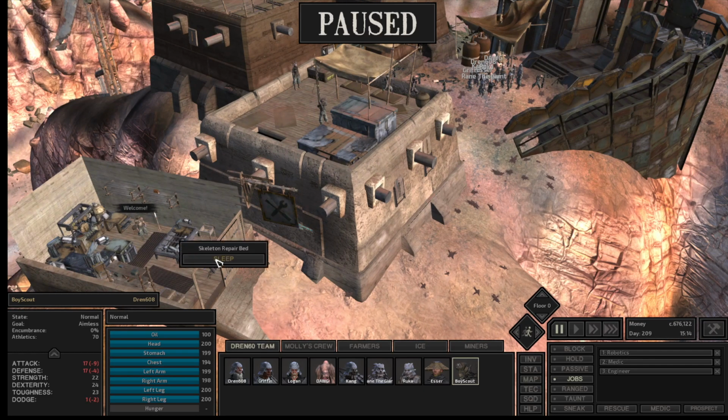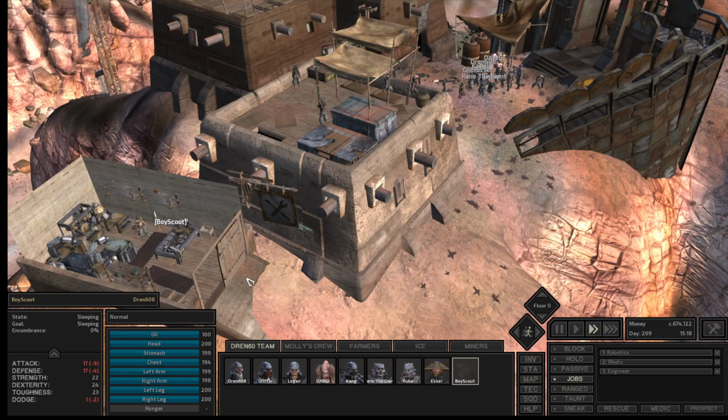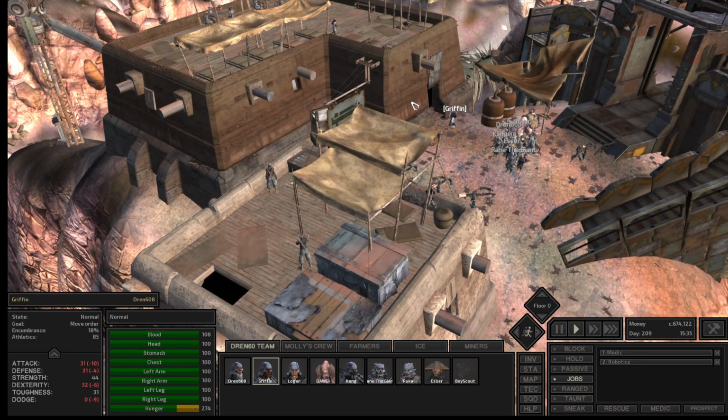And use the bed. 2,000. Oh, geez, that was expensive. Okay, so not a good thing for me to do there. Is any of his stuff being healed? None of these things are getting healed up. Interesting. Alright, Griffin, you're the one that's been doing the hiring, so...